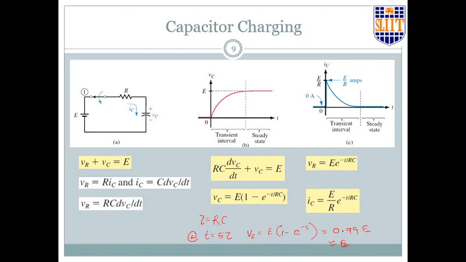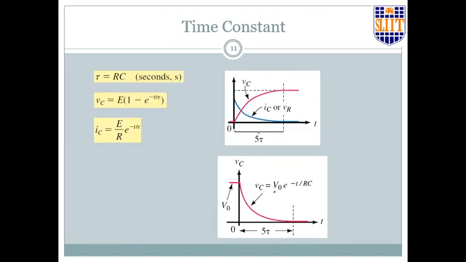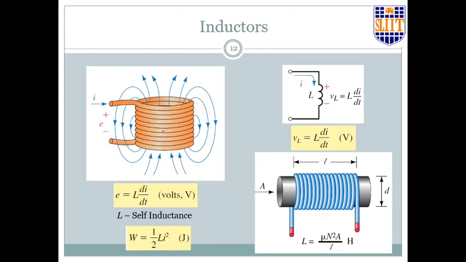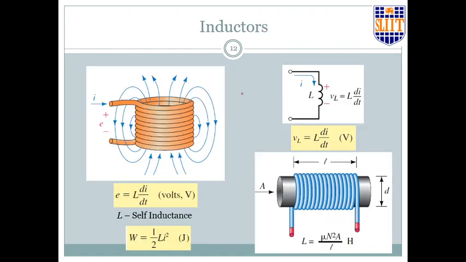In the other case it is 99% charged, but in the discharge case it will be 99% discharged, right? So this actually sums up everything, the charging of the capacitor, the time constant and those things, right? It's okay. And for inductors,